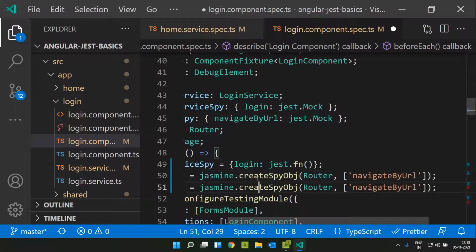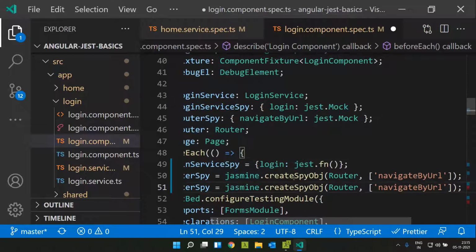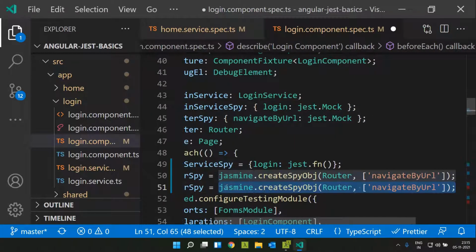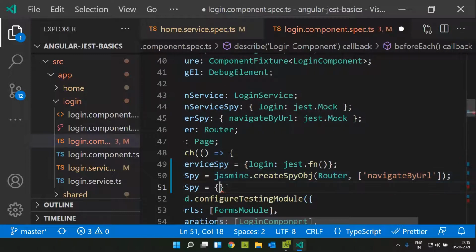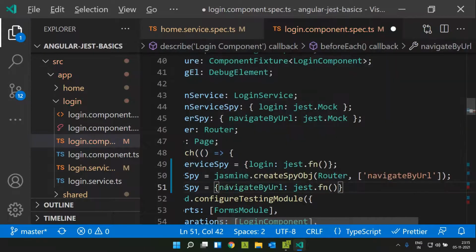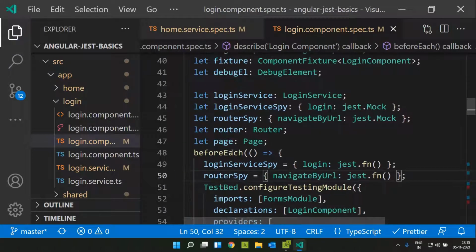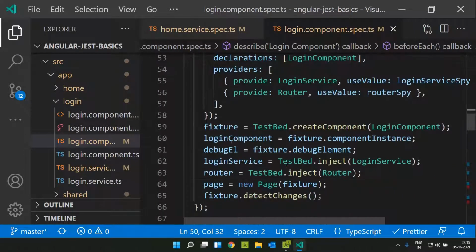Same way we can replace the router spy. We don't need the router spy anymore. So we can replace it with jest.fn. And the remaining things are very much similar.